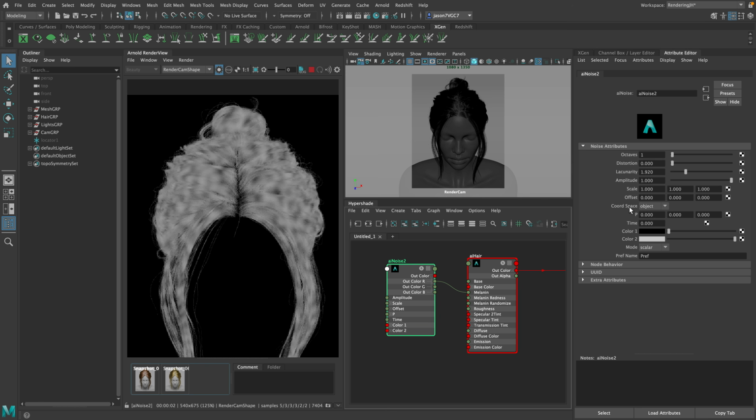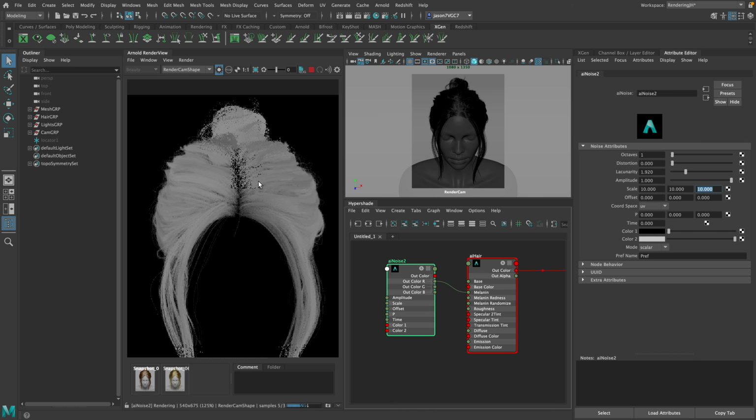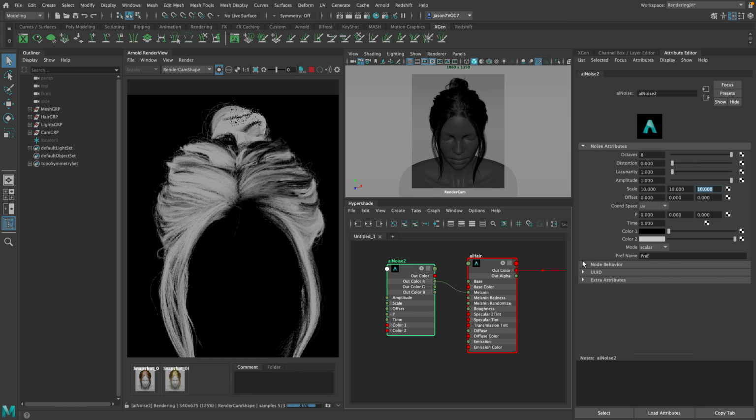So if we come over here, you can see coordinate space is object. If we set this to UV, now all of a sudden we got something different. Now if we up the scale here, now you see what's going on. Now we're starting to get these actual chunks, which is cool. So you can increase the octaves, and that's going to increase the variety. We could increase the contrast by dropping down la